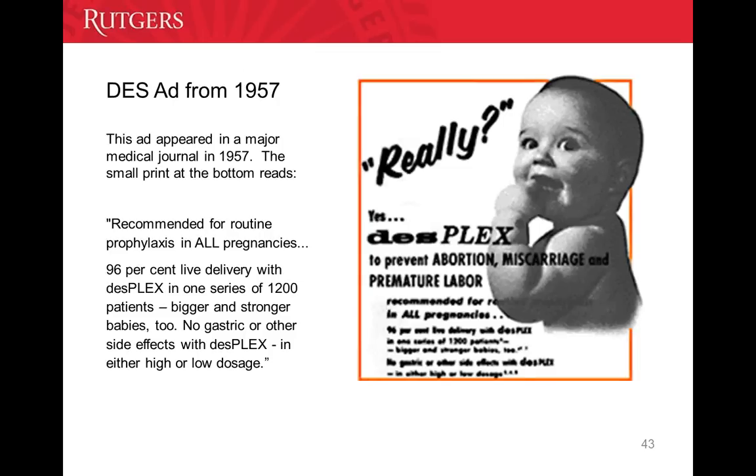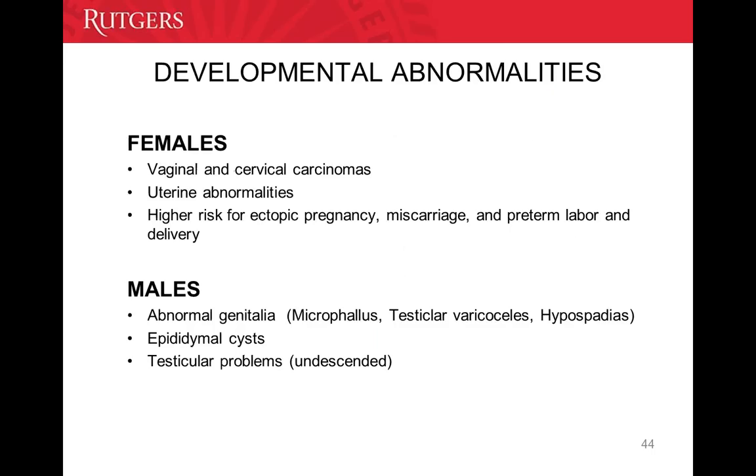But here's an ad from a medical journal back in 1957, and it's for DES, this formulation, this Desplex. And you can see where it says recommended for all routine prophylaxis in all pregnancies, 96% live delivery with Desplex, bigger, stronger babies. So it was a product that was marketed aggressively in the U.S. and other places. And as it turns out, the results for the offspring, so not mom, but the children that mom had,